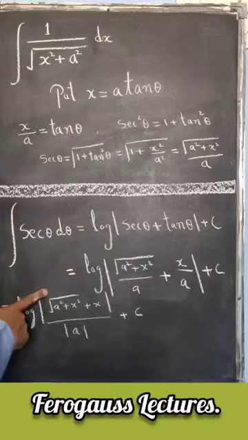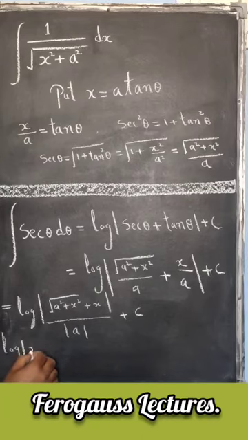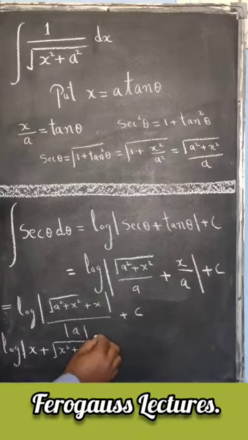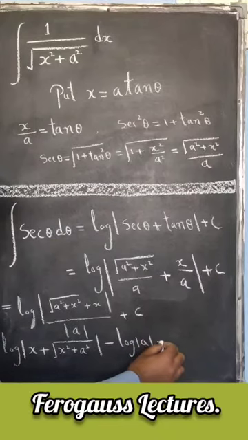Now this is of the form log m by n, so we can write it as log m minus log n. That is equal to log of mod of, we write x plus root of x square plus a square minus log of mod of a